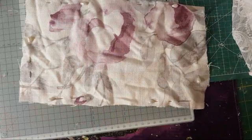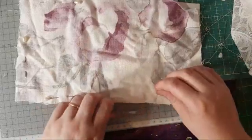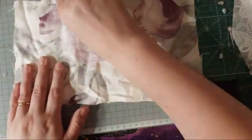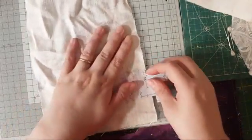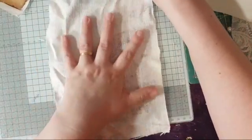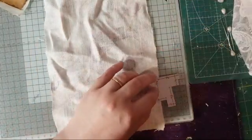Right, so what I'm going to do now, I want to take the sides in before we send it over to the machine. And to do so, I'm going to use my little gadget. Here's my 1/4 inch. There's a 1/4 inch. I might need to iron this flat. Methinks I'm going to have to iron this flat. Where's my...